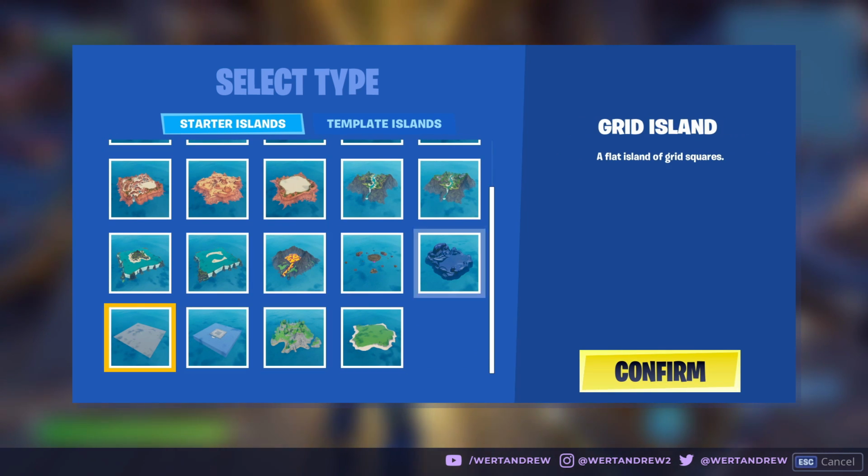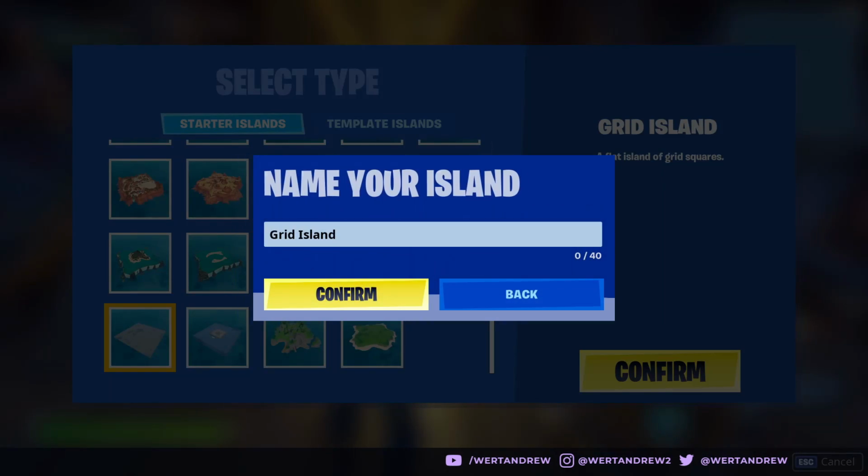So for this I'm gonna use a grid island because this is the most generic one. It has nothing, and it has the most space that you can build. It has like 110 tiles, I think, per side, and 90 tiles in height. So it's the biggest island. So here you can rename your island. I'm gonna rename it First Island,